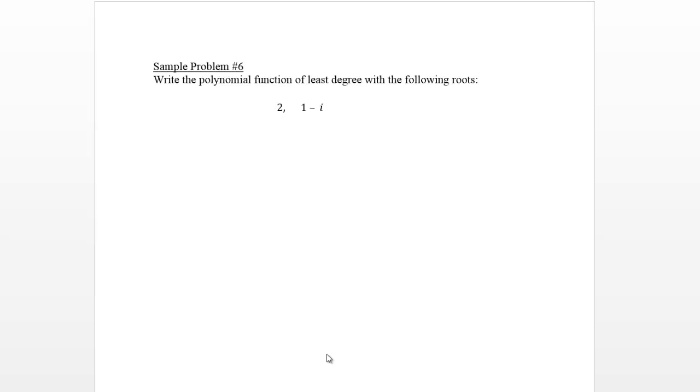Okay, so here we are on this last problem, and we've flipped it around on you. Instead of having to solve for the solutions or to find the given roots, what we've done is we've given you two possible roots, and we've asked you to write a polynomial function of least degree. Now, that term right there is extremely important,